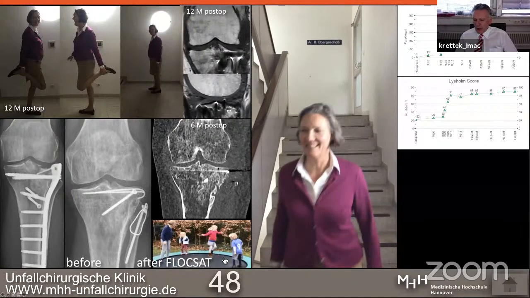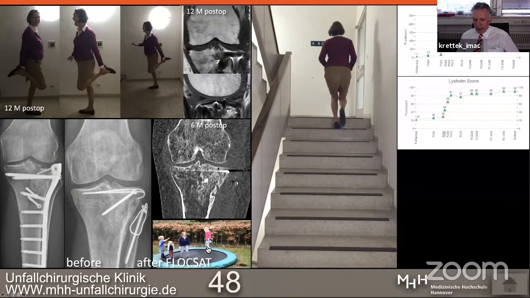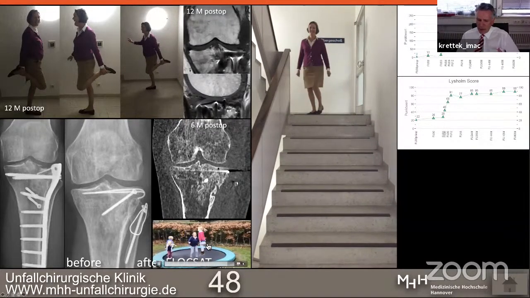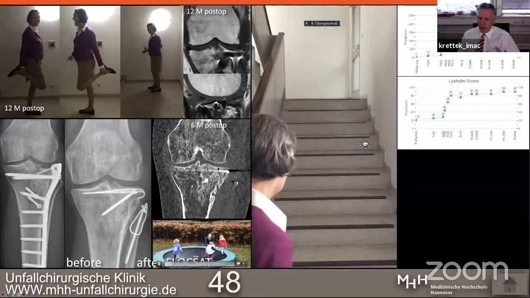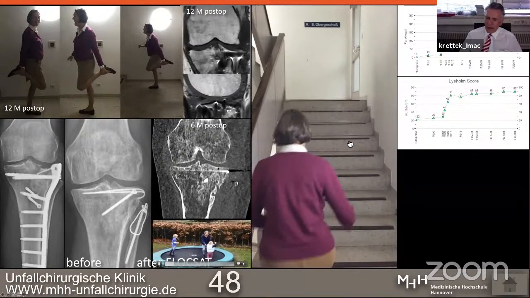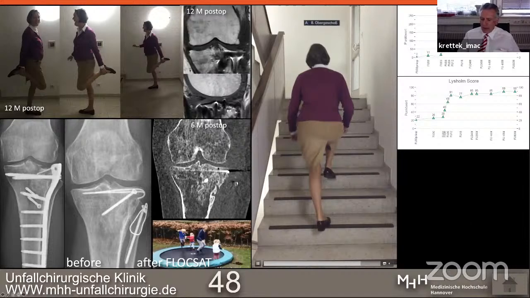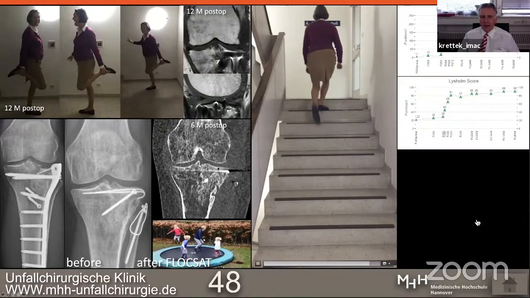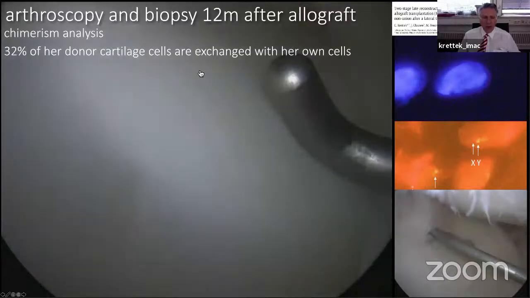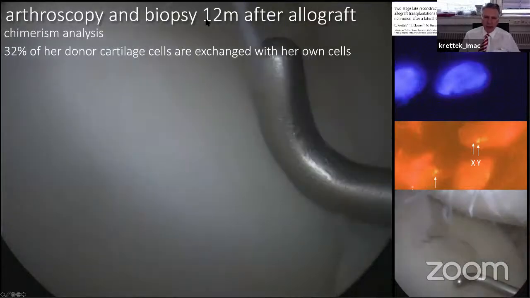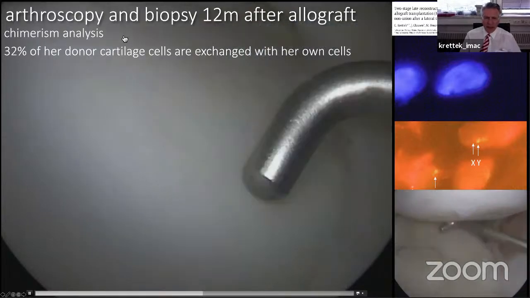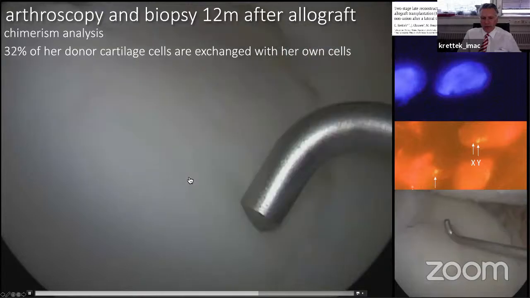And really the worst case for a knee is being on a trampoline, especially if you are on a trampoline with other persons. You need a lot of coordination and you need a lot of trust in your knee performance. And we scoped Ingrid 1 year after her allograft transplantation, and look at this